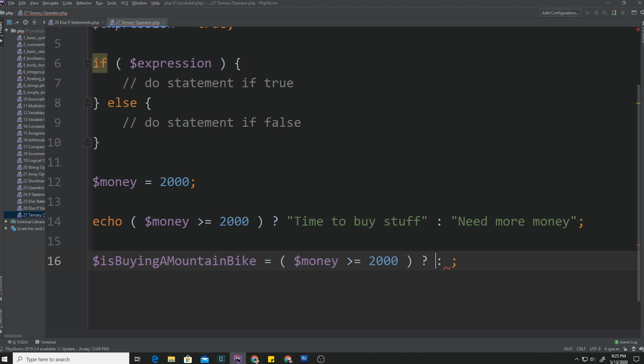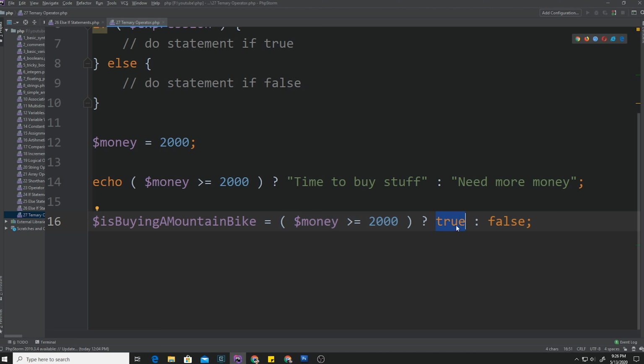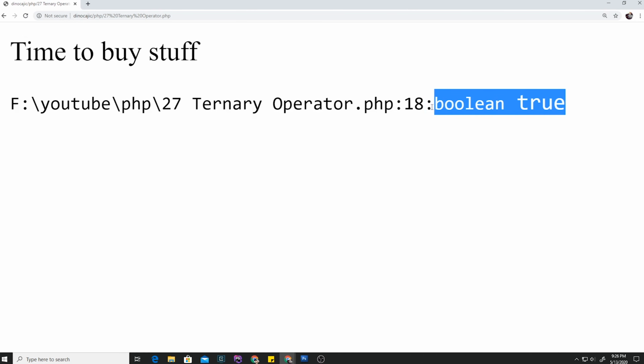So do this first part, if true, which just returns true, and then assigns it to this variable right here. All right, so let's do like var dump is buying a mountain bike, and let's see what is displayed on the screen. So there it is. The boolean true is displayed on the screen,